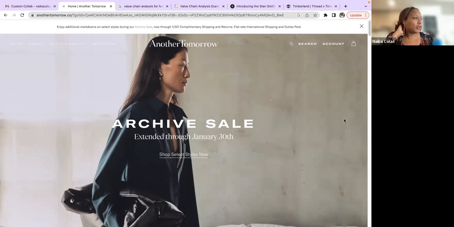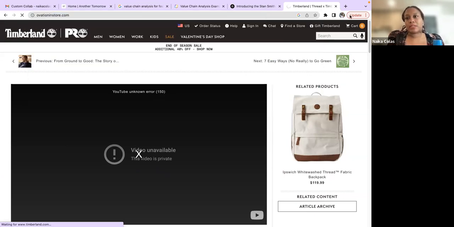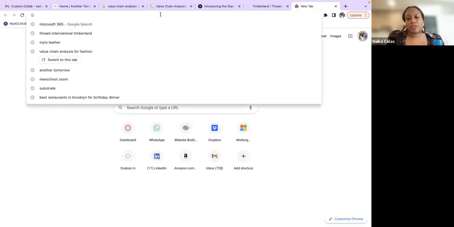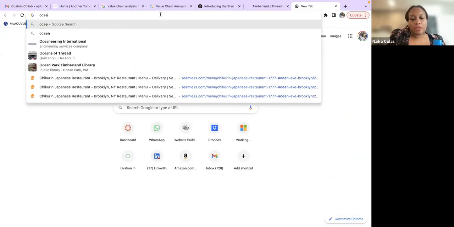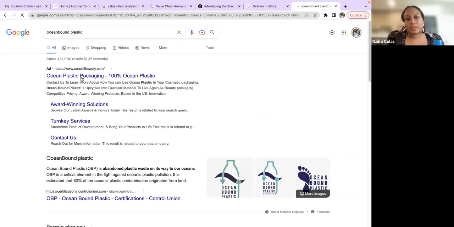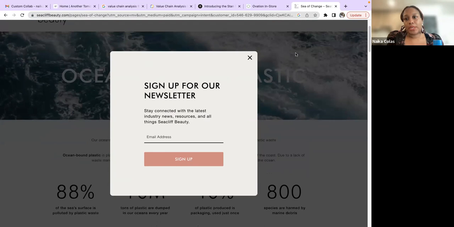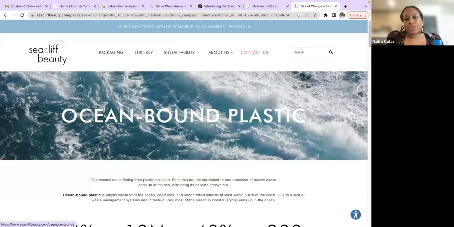I think it's called Parlor. There's a really big brand that's doing it, taking plastic from the ocean. And for me, at work for Ovation In-Store, I source plastic bottles from the ocean. So there's ocean-bound plastics outside of this UBQ material. There's ocean-bound plastics, and they're taking plastic out of your waste stream, out of the ocean, and they're